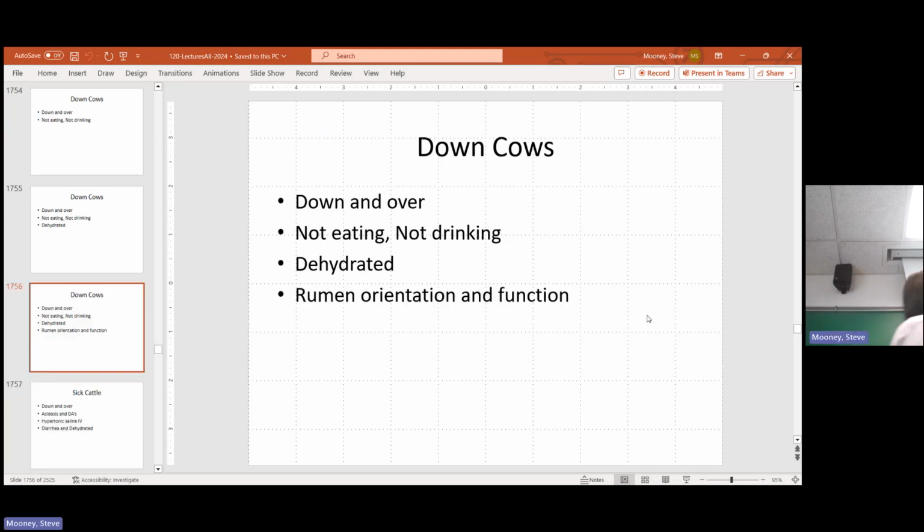So rumen orientation and function. We're going to need feed and water to make sure that rumen functions the way it's supposed to. And then it's going to have to be upright, vertical, next to gravity. So the air pocket, the gas pocket, the carbon dioxide, methane, and sulfur dioxide that float up to the top are where they're supposed to be when that reflex comes through to get rid of that air out of the rumen. We also, if we're going to mix right and keep things flowing the way they're supposed to, we need